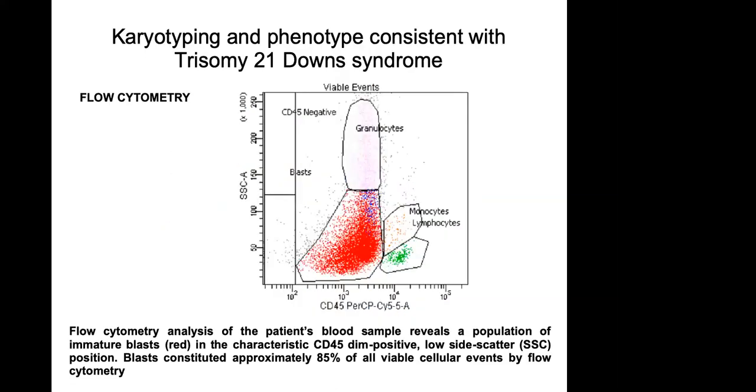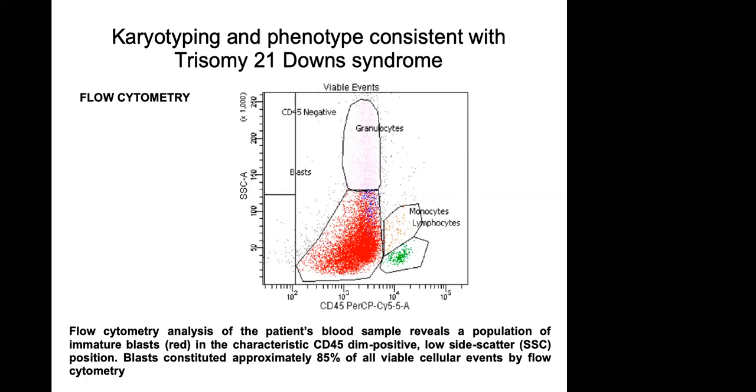So at this point of time, they called me because he is having abnormal cells on the peripheral smear. In that background, he had given me the history that the child is having Down syndrome. They had sent the karyotyping before. And at this point of time, when he called me, actually at day 15 or day 16, we knew that the child is having Down syndrome with this sort of clinical as well as hematological finding. What I did, I asked them to send the sample for flow cytometry, and this was the flow